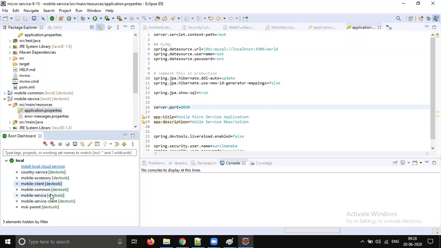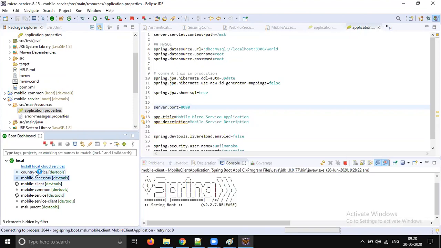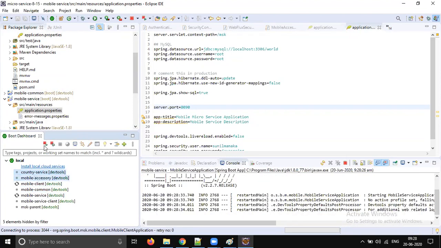So at least the service will start, right? Starting is no problem, but when you invoke the service, you see that exception is going to be there. Let me start the remaining services also, so that you can clearly understand the exception only from the mobile service, right? Yes.